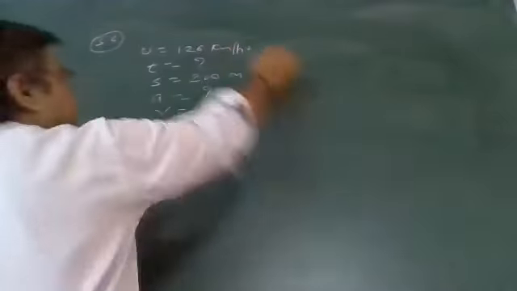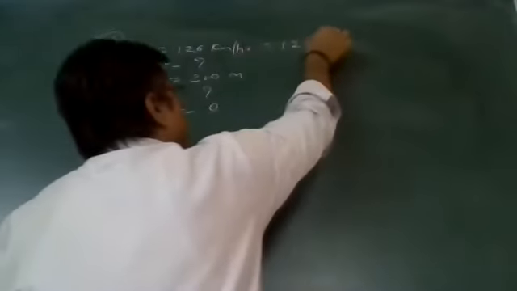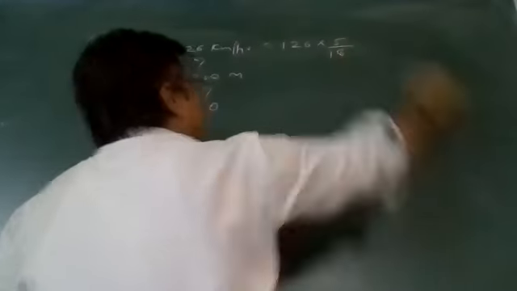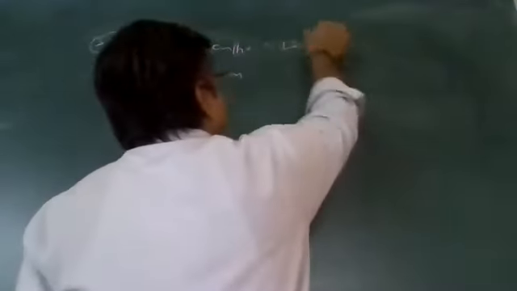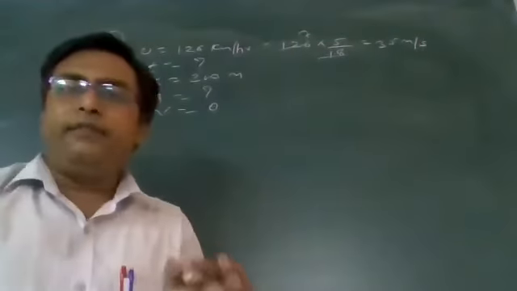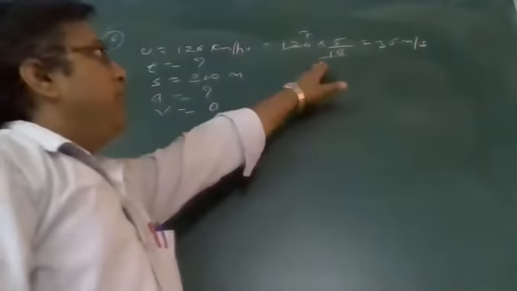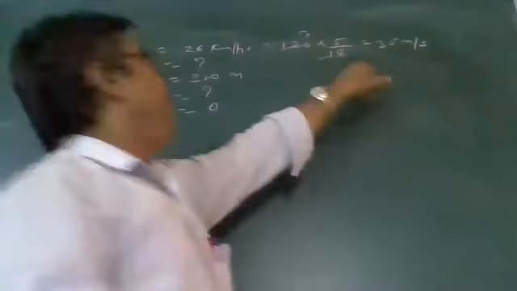Question gives you initial velocity 126 km per hour. You can convert into meter per second. So 126, you will get 5 by 18. Let 5 by 18, and 5 by 18 will be what? 18 7 is 126. You will get 35 meter per second. If you memorize the table of 18, it will be quite comfortable to you because 18 will utilize a lot in motion 1D. So initial velocity is 35 meter per second.